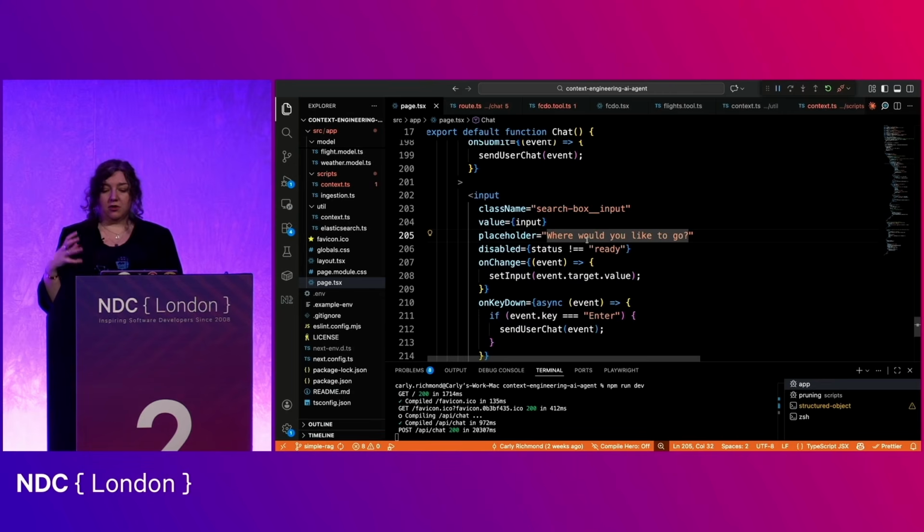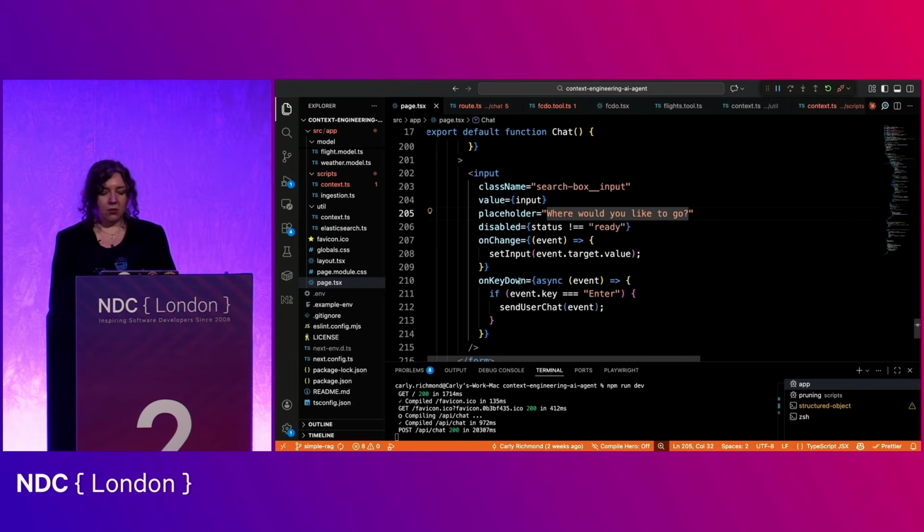We've obviously got a placeholder with where you would like to go, which is our prompt to the user to try and limit what they're doing. But this doesn't replace mechanisms such as prompt sanitation, checking, and using guardrails to establish whether the prompt is within the category of things you want to deal with, and that they've not submitted something sensitive or illegal that you shouldn't let them do. You need to use classification tools to sanitize the prompt and make sure that's not happening. That's not in this particular example.